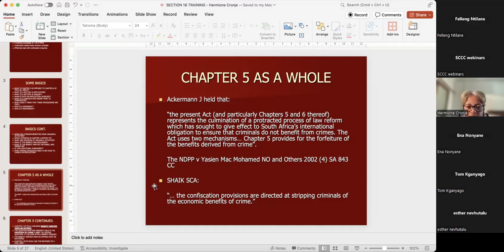The Sheikh judgment, which I'll also come to in a minute, both these judgments essentially stated the constitutional purpose behind Section 18 non-conviction based and conviction-based asset recovery as being provisions directed at stripping criminals of the economic benefits of crime. So it's really important to be very clear that the purpose of confiscation proceedings